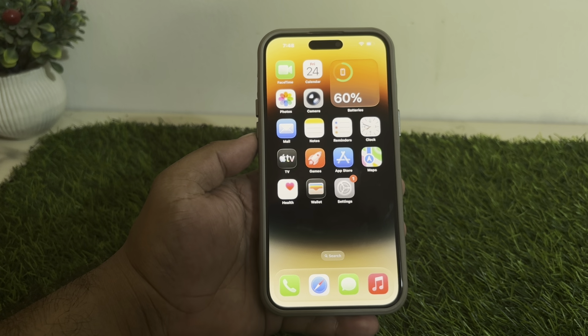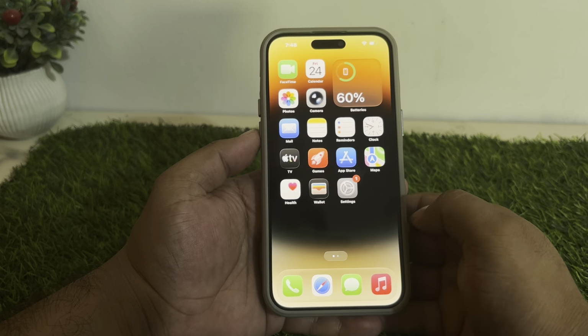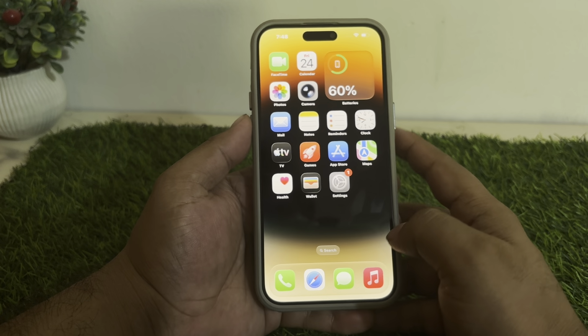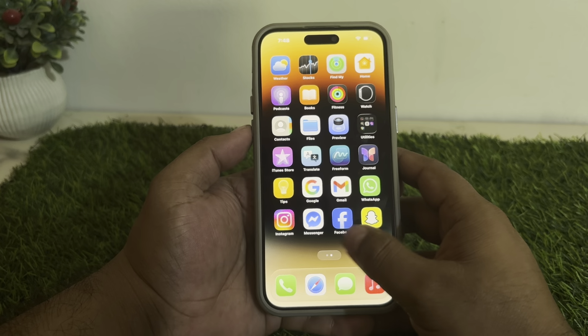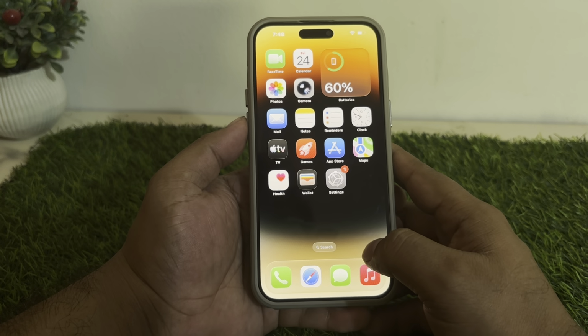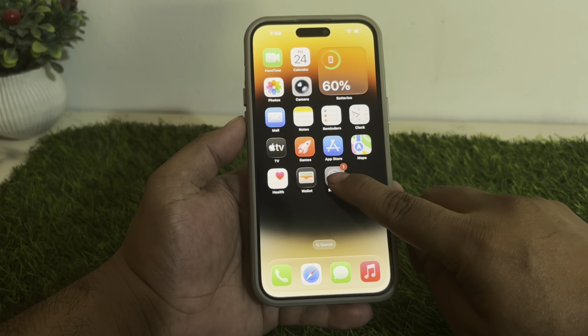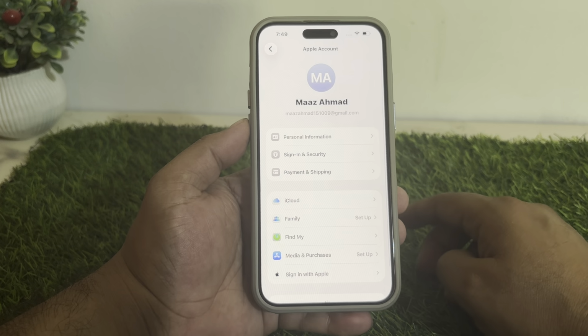In this video, I am going to show you how to reset your Apple ID password if you forgot it. If you forgot your Apple ID password, keep watching the video until the end and follow all steps to reset your Apple ID password. Firstly, tap on the Settings app on your iPhone and tap on the Apple ID also,